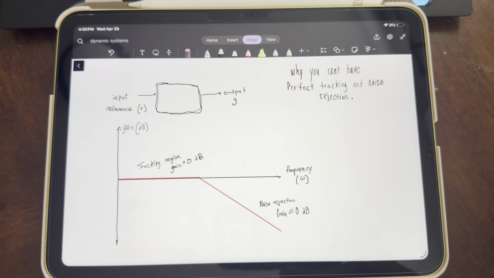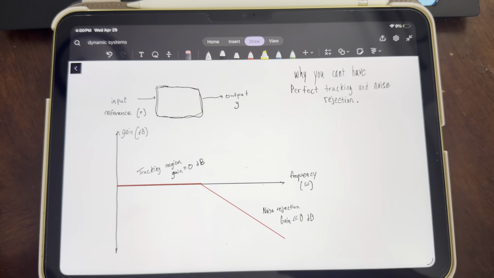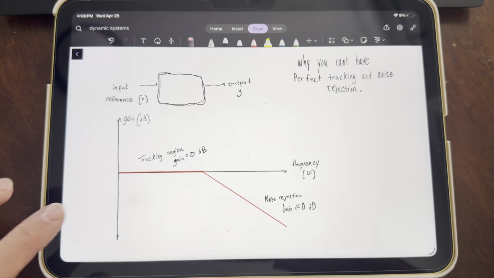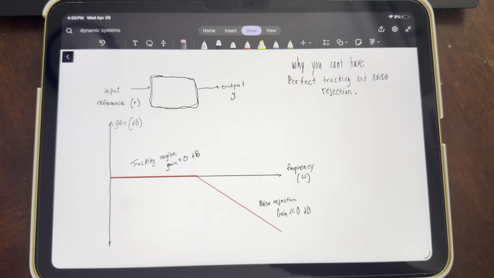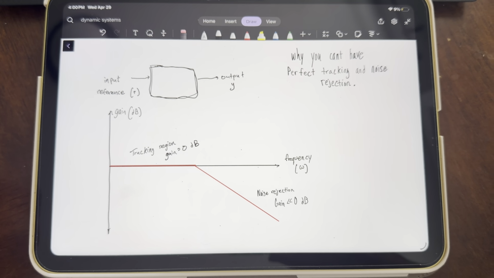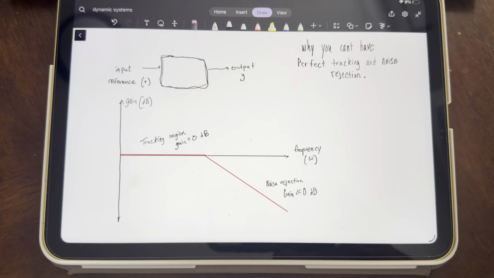Okay, so I'm going to briefly explain why we can't have perfect tracking and noise rejection in a control system. So what I have shown here is a system where the input is the reference signal and the output is what we want the system to follow. And then I drew this Bode magnitude plot, and if you look at that, we can understand how the system